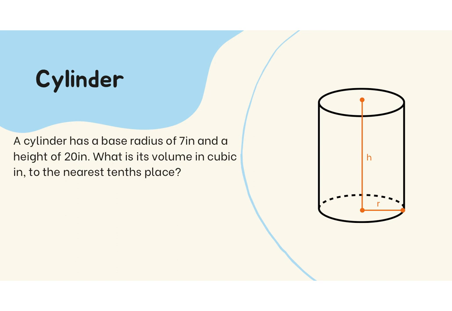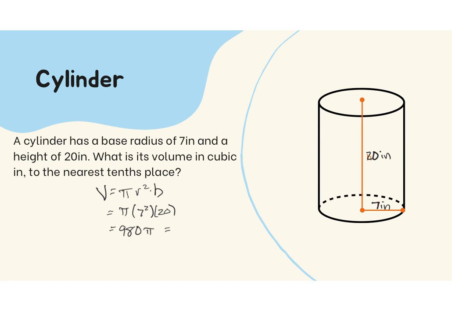On to our second example. We have a cylinder with a base radius of 7 inches. So 7 inches. Our height is 20 inches. So starting with V equals pi radius squared times height, we'll have pi times 7 squared times 20. I know 7 squared is 49, and 49 times 20 is 980, times pi,